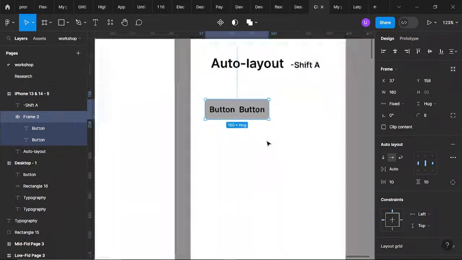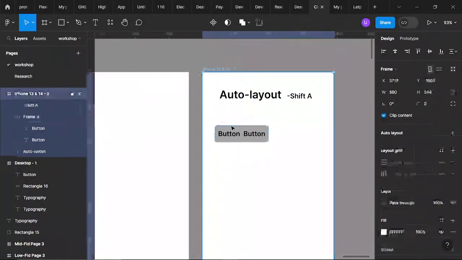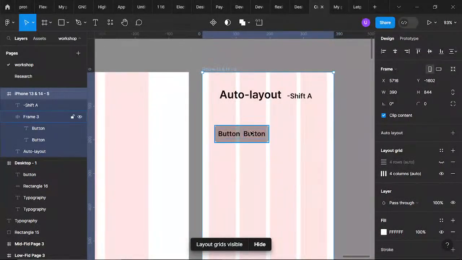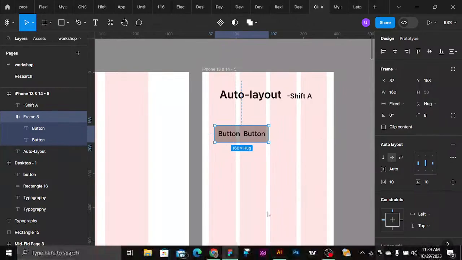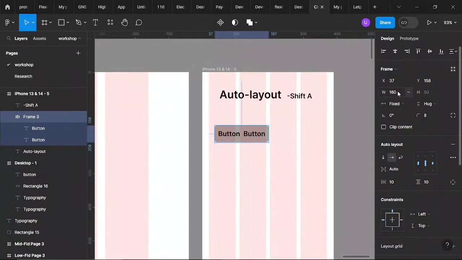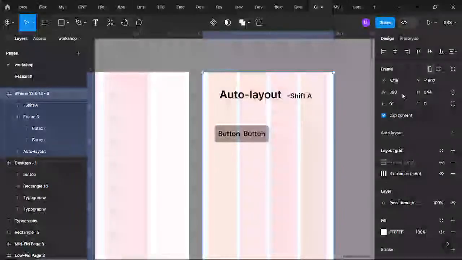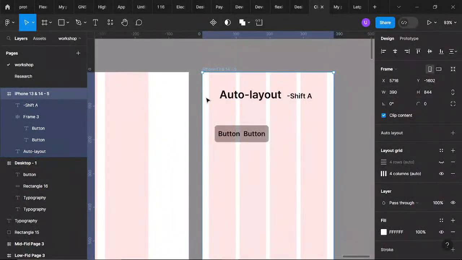If you are working on a particular screen, for instance, we are using a grid of 20 on the sides, and you want to have this button on this side and this element, this word button, on this side, and this other one on this side. What you just need to do is come here, since you know the width of the screen. The width of the screen is 390, and you have 20 padding here, 20 padding here. That makes it 40. So 40 from 390 will give you 350.